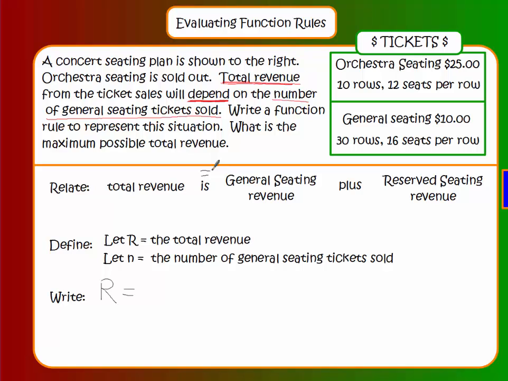It's N for the number of general seating tickets sold. So that's the number sold times how much they cost. So the general seating over here costs $10 per ticket. So it's going to be N times 10 plus